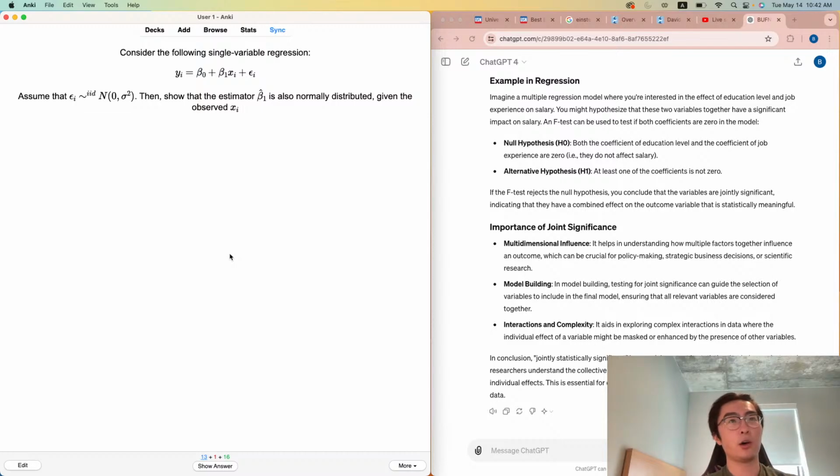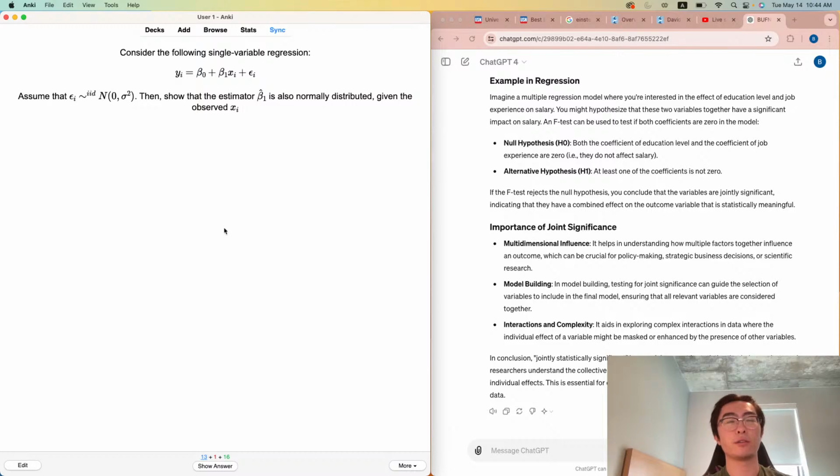So just to summarize, we rearranged our equation so that now it's expressed in terms of epsilon. So epsilon is equal to yi minus parentheses beta 0 plus beta 1 x1 xi. So what we're doing is we're adding up or subtracting a bunch of variables, and if we were to add or subtract a collection of variables to get to a normal distribution, that means that those underlying variables have to be normal as well. And so yi is normal, and we can also show that beta 1 is normal by breaking it down